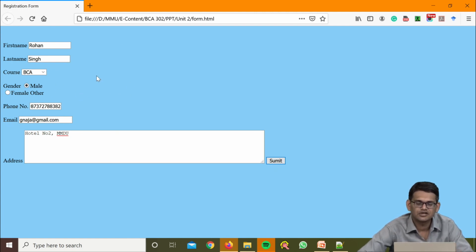You can create your own form, and add or remove fields as per your requirement. You can add multiple lines like first name, middle name, last name. You can add one more option here. You can add some courses, increase or decrease the courses. You can provide the phone number, email address, and address. For address we are having the text area here. You can add more fields like roll number, or something else as per your requirement. So in this way we can create forms in HTML.